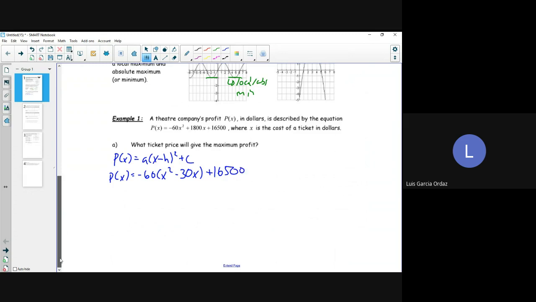Remember, when we're completing the square, we're only focusing on the first two terms, and that is what we factor out, and then this is left alone. Okay? So hopefully you guys remember completing the square from grade 11. And then all we have to do is expand, so we get negative 60 times x squared minus 30x plus 225